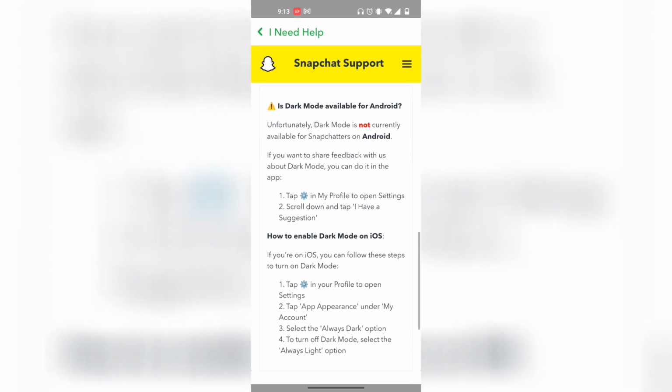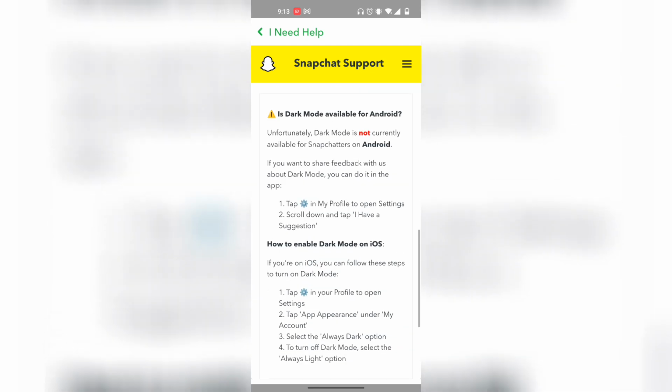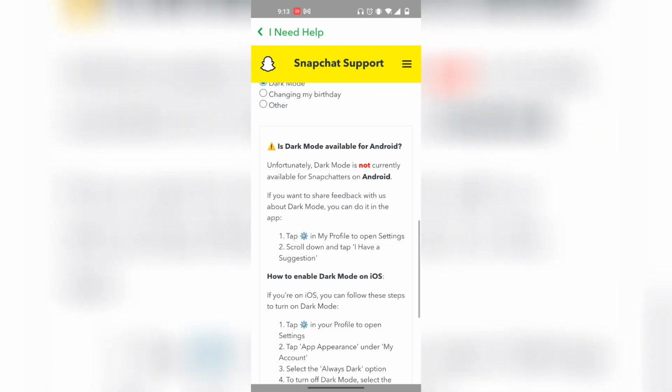So as you can see, it says, is dark mode available for Android? Unfortunately, dark mode is not currently available for Snapchatters on Android. It says that if you want to share feedback with us about dark mode, you can do it in the app. Yeah, so basically Snapchat does not have the dark mode feature for Android users. So